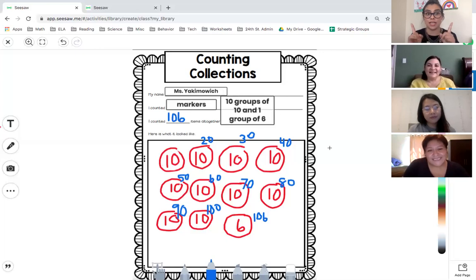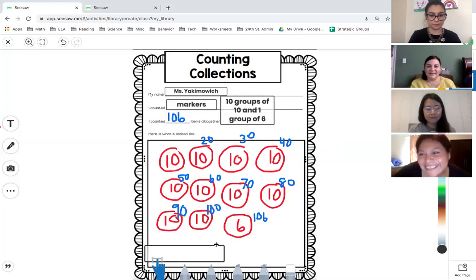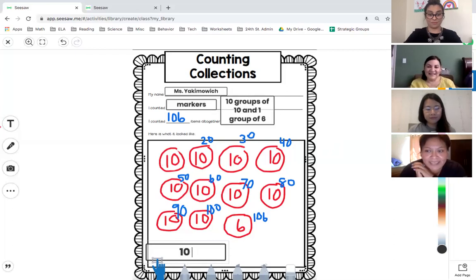But I'm not done yet. I need to show my equation, my number sentence. All right. So, Ms. Rosales, how should I write this number sentence? You're going to add 10 plus 10 plus 10, 10 tens. 10 tens, right? Okay, there's 2, 3, 4, 5,